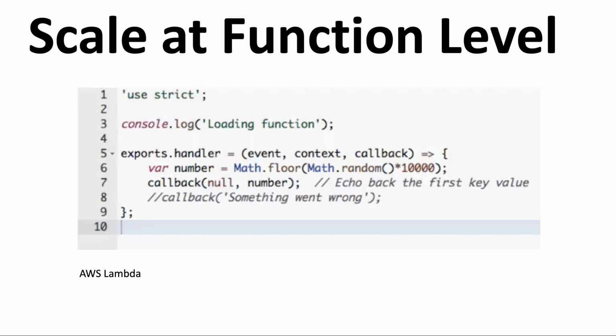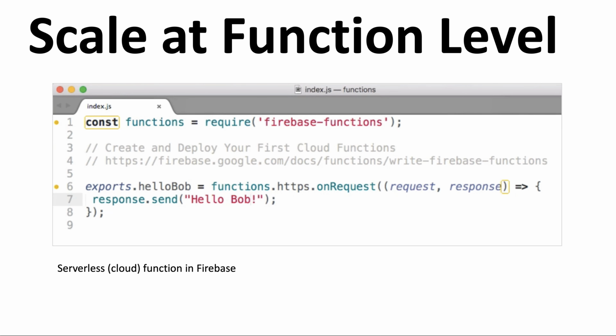So from a developer perspective, here's an example of a type of function. This is in fact an AWS serverless Lambda function that I wrote that simply returns a random number. From a developer perspective, this is as easy as it gets. You don't have to think about anything other than your logic, and you're working at a granular level, which means that if you were potentially calling these functions from your browser UI, you wouldn't have to actually create a server. You would simply call directly to this function. And so that's what's often meant when people say a serverless model.